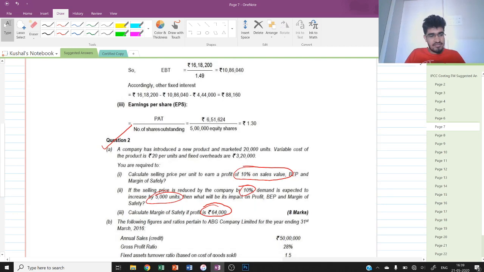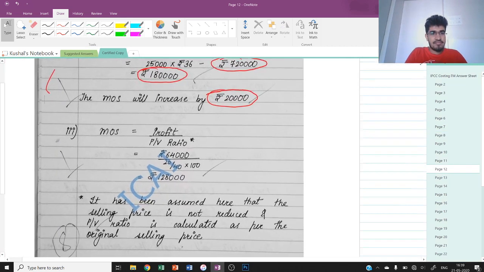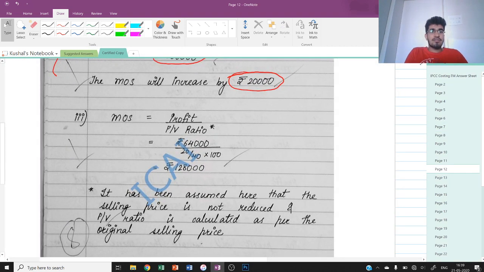Okay, if the profit is 64,000, then calculate the margin of safety. So MOS is what? Profit upon PV ratio. The profit is now 64,000 and the PV ratio we have to assume is the same. Even though the profit has changed, we are assuming that the PV ratio is the same because the selling price per unit and the variable cost per unit have not changed at all. Thus, the margin of safety would be profit 64,000 upon PV ratio, which is 50%, which brings me an answer